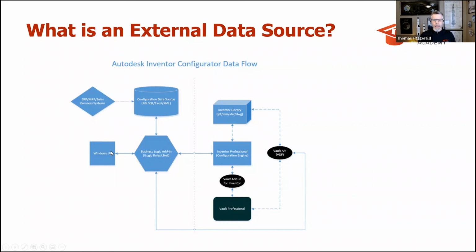So we have a UI where individuals input information. We have some business logic. It could be iLogic, it could be Visual Studio, it could be .NET information that is accessing methods from the Inventor API. And then that logic typically, and sometimes the UI, may interface with external data sources in order to collect some information to make a decision sometimes, or just to pass that information down through the automation to reflect